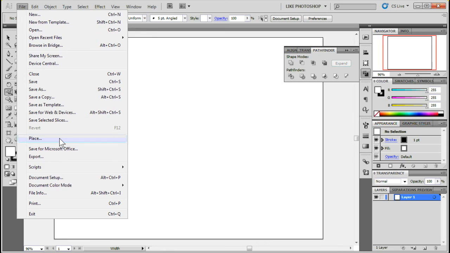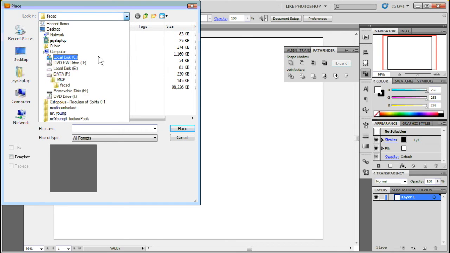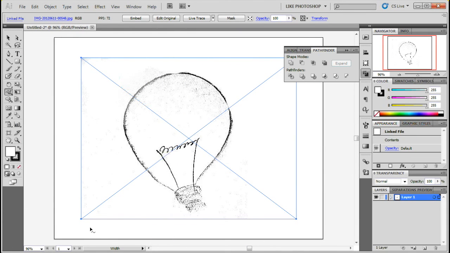So click File, Place, and find the graphic. I have it in my YouTube videos, Illustrator. Alright, it took a little finagling, but I finally got it. This is the light bulb that I'm showing you the example of. So start by scaling it down, and you constrain the proportions. Like if you don't constrain the proportions,